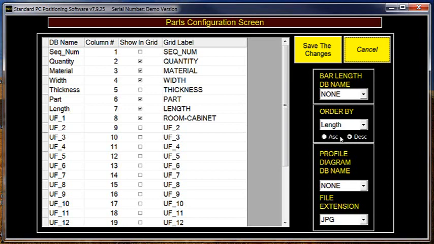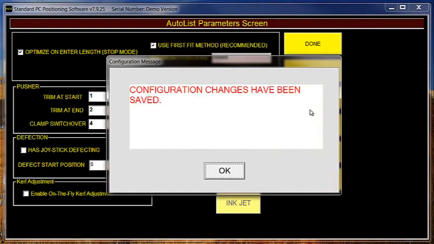Now this order by controls how the parts in a certain group, when they're displayed on the grid, the main AutoList screen, are ordered within that group as they're being displayed on the grid. Usually people want to arrange them by length, either ascending or descending. Right now it's descending, so I'm going to just go back